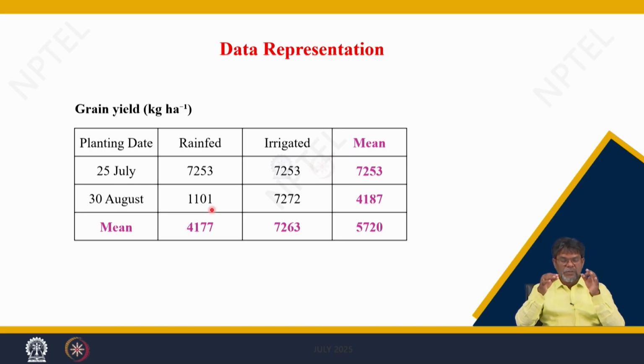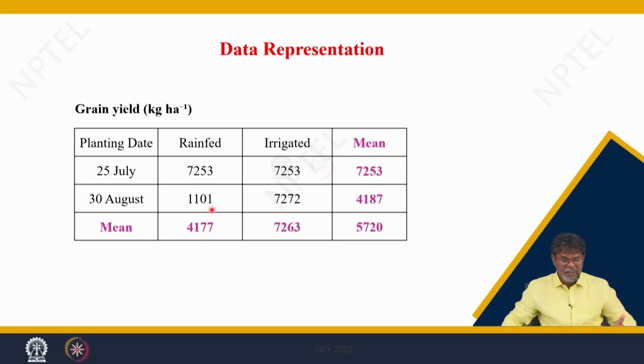There is a huge economic loss to the farmers for delayed planting, particularly for monsoon agriculture, when you depend upon the rainfall. So, when there is no irrigation facility, you are growing rice under rain fed conditions. Timely planting is very essential to maximize production. For any reason, if farmers go for delayed planting, there will be a severe reduction in the crop yield. The farmer may not get any return, that will be a huge economic loss. So, timely planting is highly essential, and that is reflected from the use of the crop model.